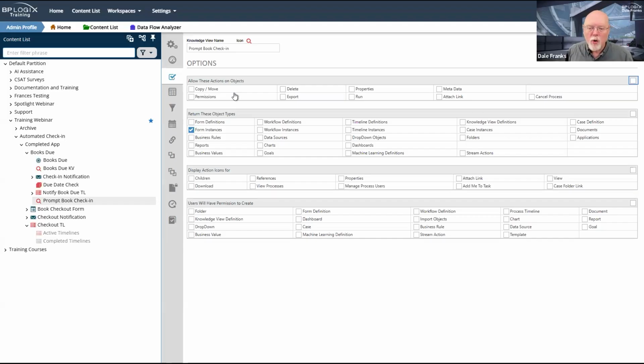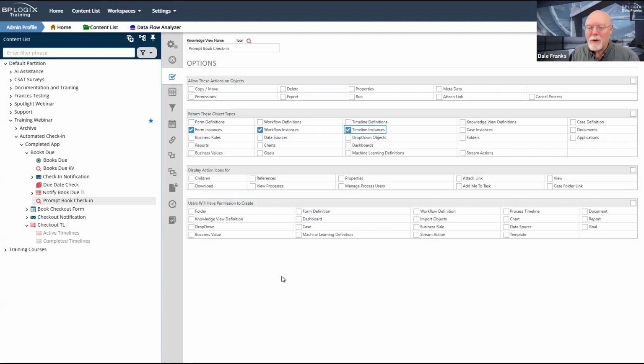All we need to ensure is that under return these object types, form instances is checked. I only want it to return form instances because I am invoking a process. And any object that gets returned here is going to show up as a row in the knowledge view and will invoke a process. A lot of times when you first open up a knowledge view, it looks like that: form instances, workflow instances, and timeline instances.